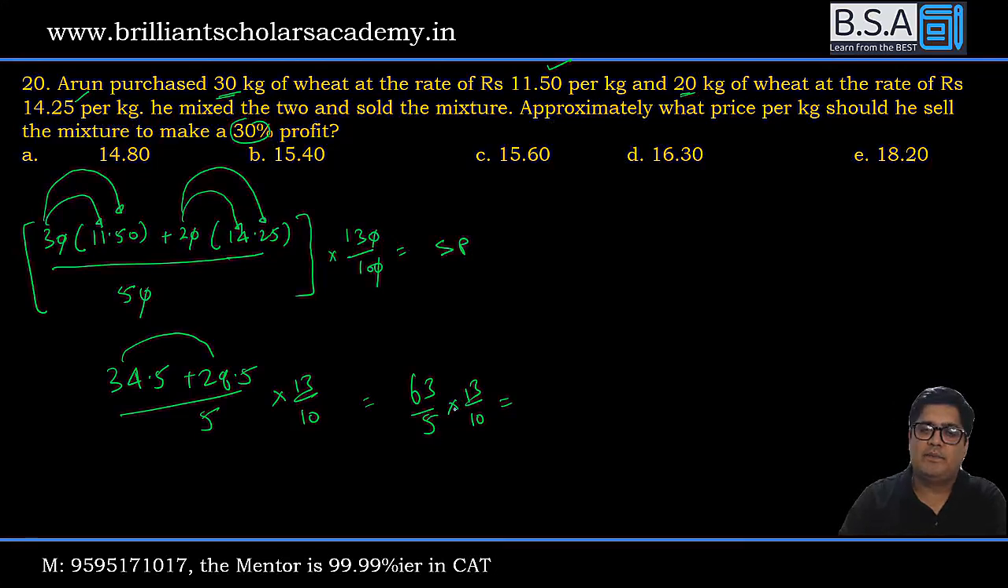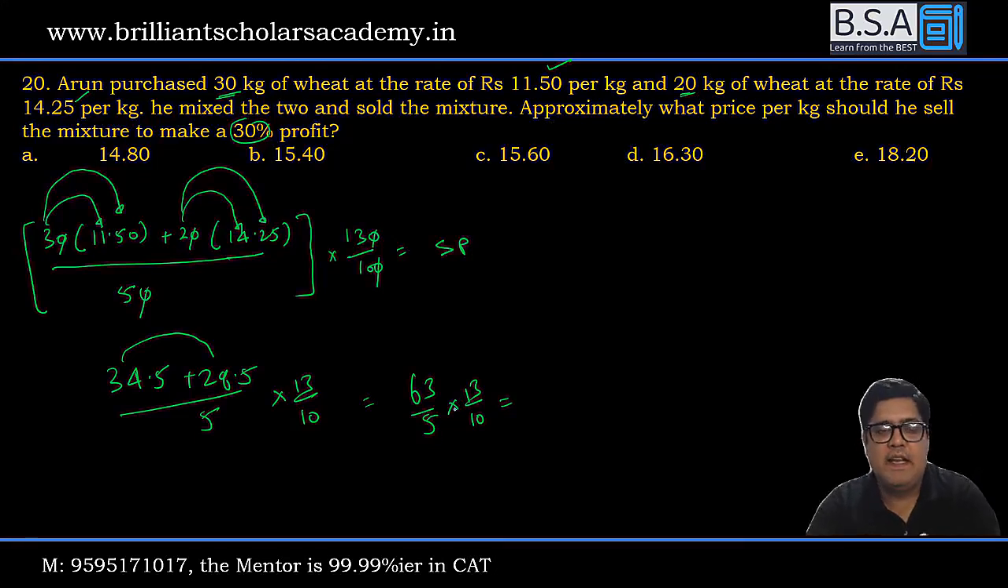Give me an answer. 63 into 13 upon 5 and 10. Yes, calculator will be available to you in CAT. Yes. Somewhere nearby, the answer should be somewhere nearby. 63 into 13 divided by basically 50. So we have